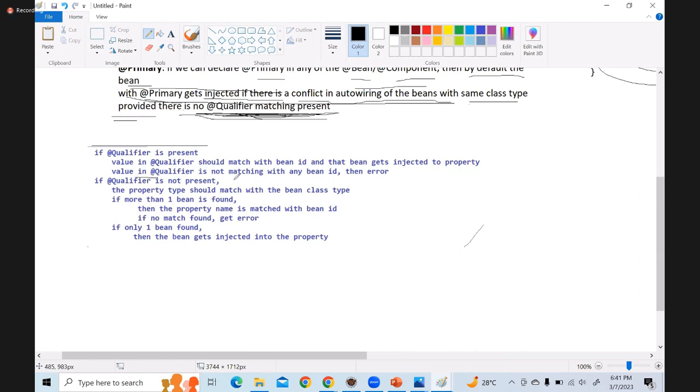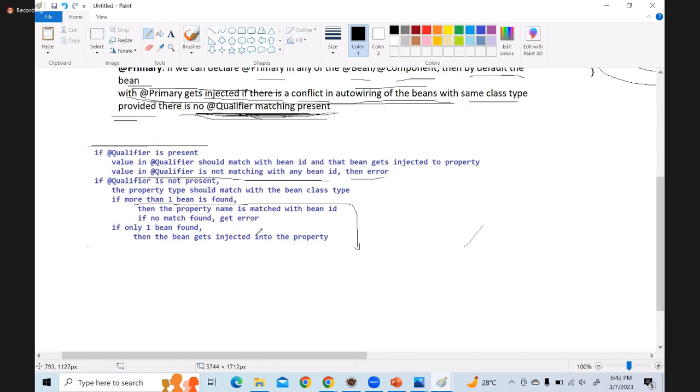If value in qualifier is not matching with any bean ID, then error. If qualifier is not present, the property type should match with bean class type. If more than one bean is found, then property name is matched with bean ID. Here we have to add one more condition. Now, if more than one bean is found,